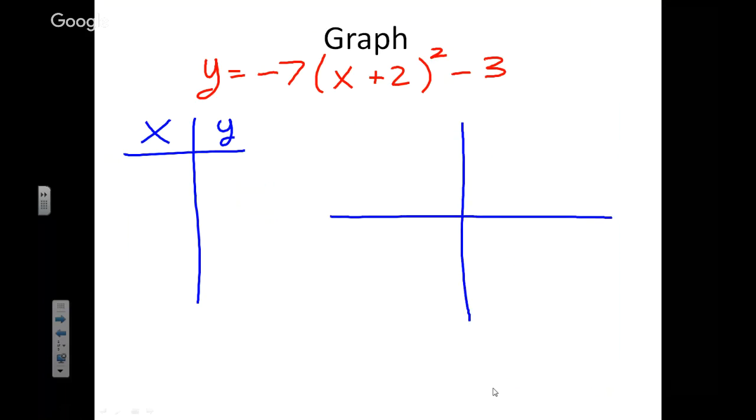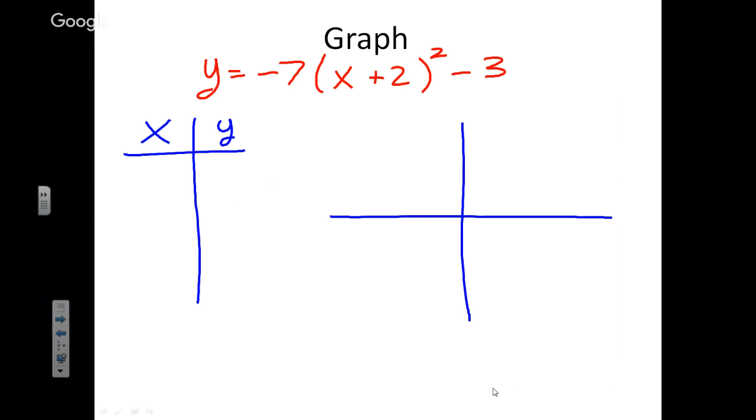And basically what's going on here is we have all these little ideas. We know all these different things, and I'm kind of asking you to put them all together now. Okay? How does this affect this? How does a transformation affect the graph? How does the graph affect the vertex? All these different things kind of coming together. 90% of the time, the answer is with the vertex. Okay? So, having that been said,